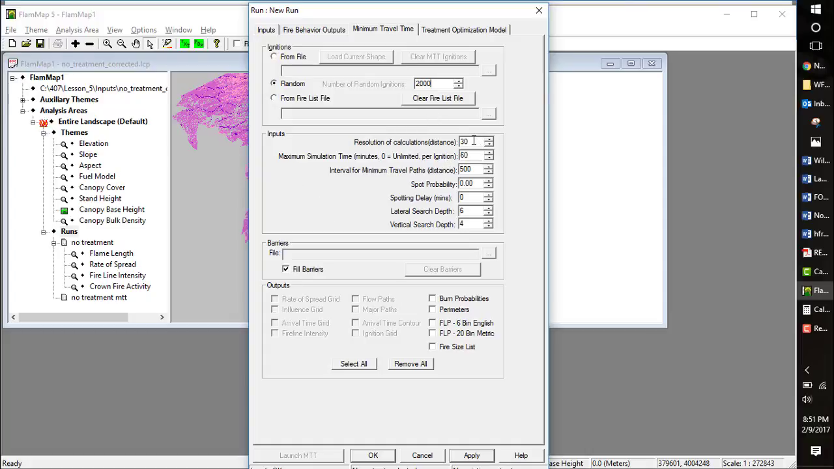So the next thing we're going to change here is our resolution of calculation. So we're going to change this to 90. Now the reason that we didn't want to run our fire behavior at the same time is that if we were to run our fire behavior now, it would also change the resolution of that fire behavior to 90 by 90 meters. This is important because later in the lab we're going to be calculating area in our fire activity or fire behavior outputs,